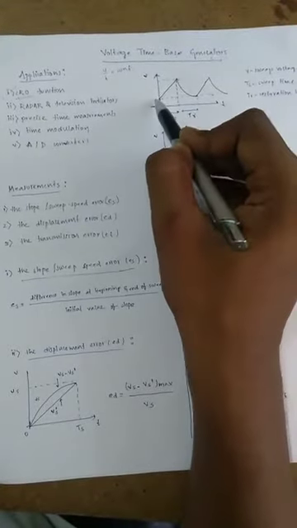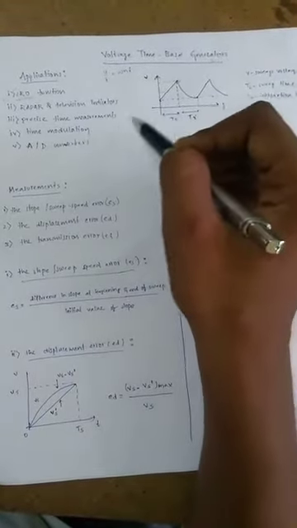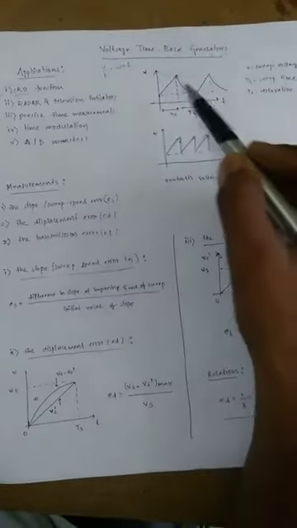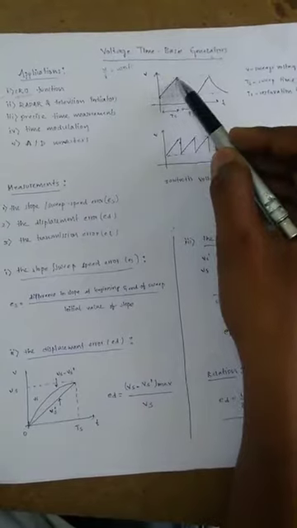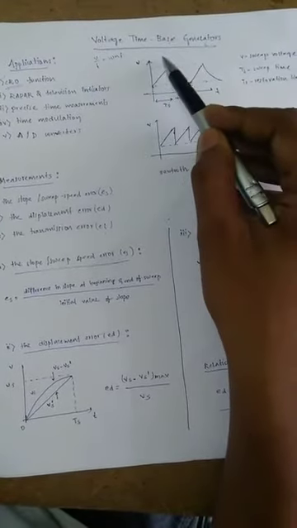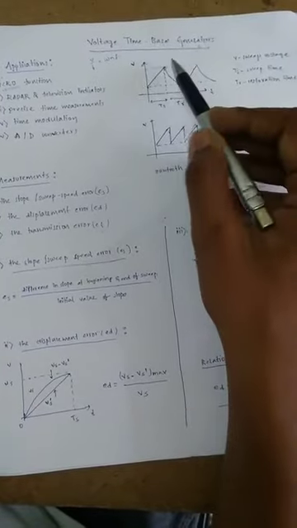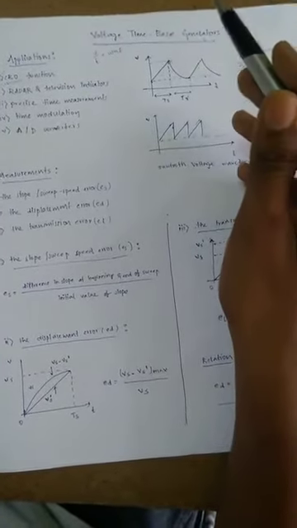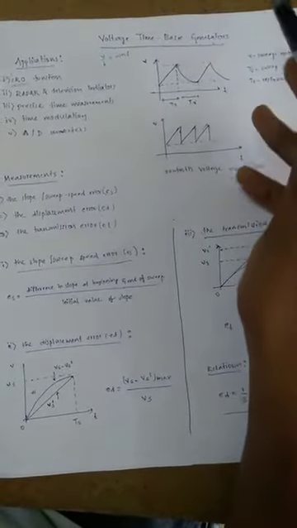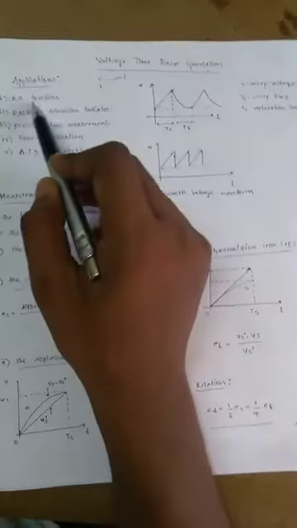The linear voltage which we are sweeping, the voltage is swept from one point to another point, as it varies linearly with respect to time. In a particular time, the voltage varies linearly with respect to time. The voltage from the initial point to the final point is called a sweep voltage, or the maximum final voltage that may be reached within a time interval linearly is called a sweep voltage. So the first application is